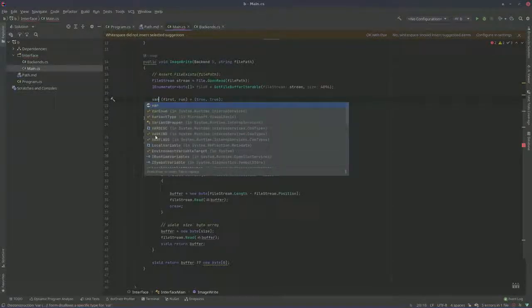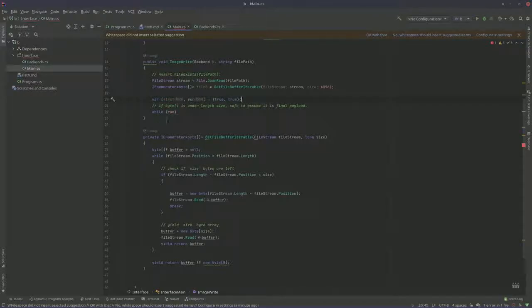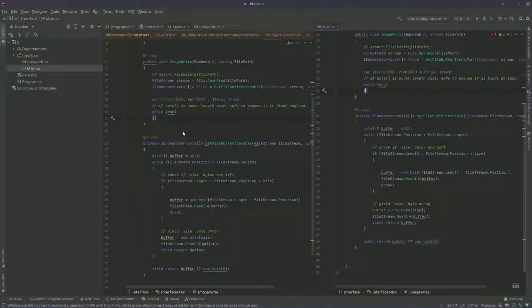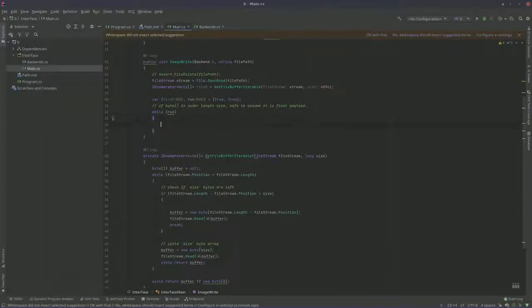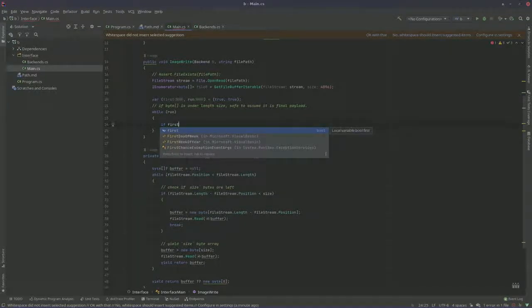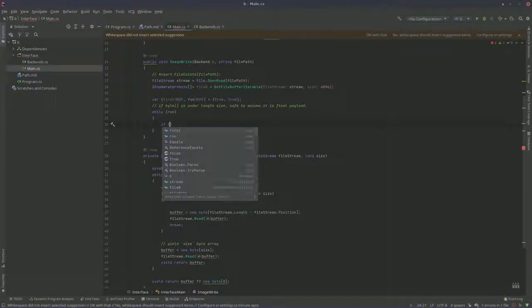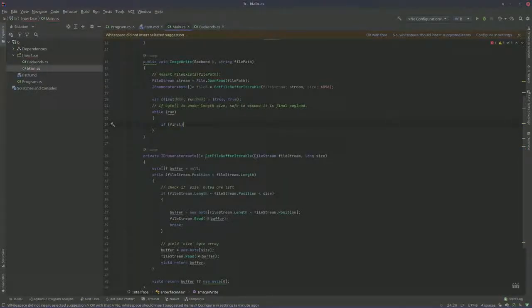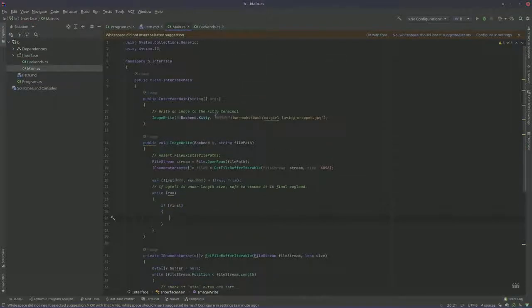Oh, so I guess it disallows that. But they're automatically inferred anyway. And I just hit that keybind for the 5th time in 14 seconds. So, what we're going to need to do, while run, if first, okay, so we're just going to add that right now, and then in interface main, okay, image right, args. Okay, so right now we're going to want to just